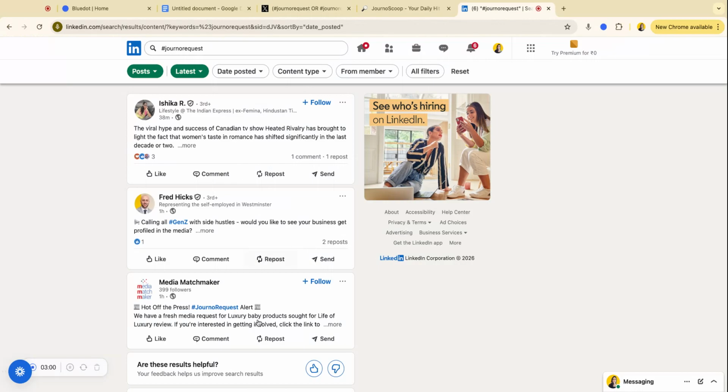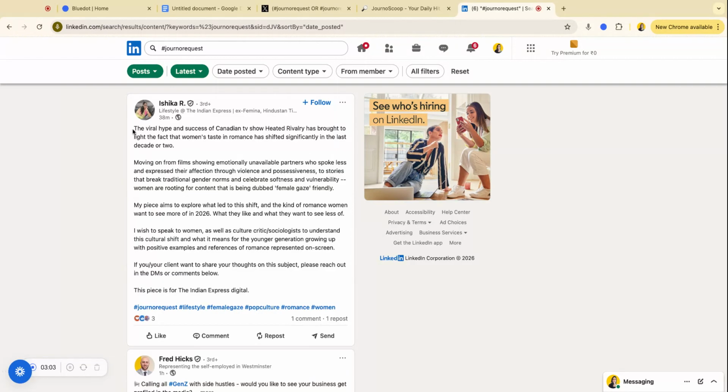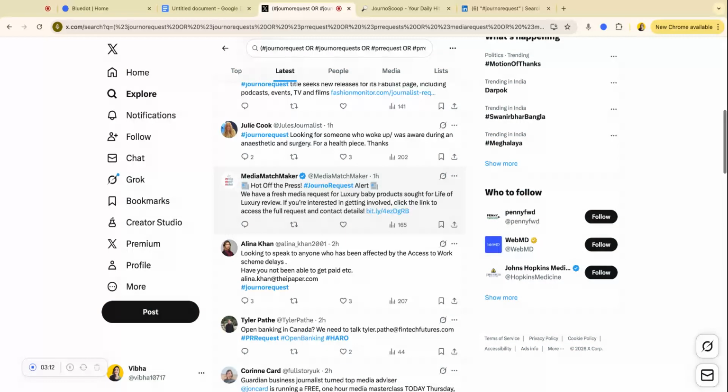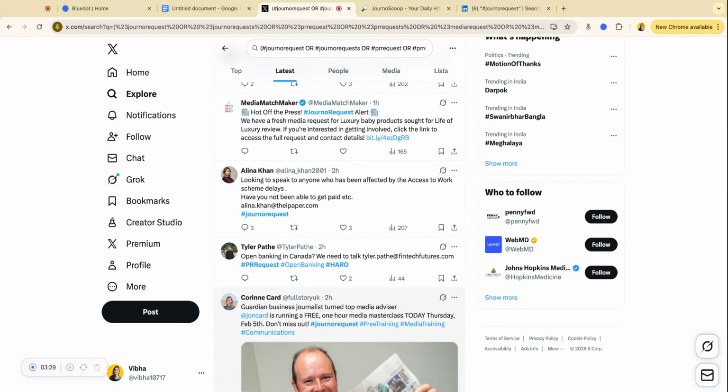You need to know the context. For example, it's very important to adhere to the instructions that a particular journalist is looking for because usually in these posts they are very direct and clear as to what they are looking for, alongside the way to connect with them because there are some journalists who would want you to directly DM them or leave a comment under their post, or some might prefer sending the pitches through their email. It's very important to understand the context of the questions they are asking, the way of communication they are preferring, and if there are any other details that they are looking for.